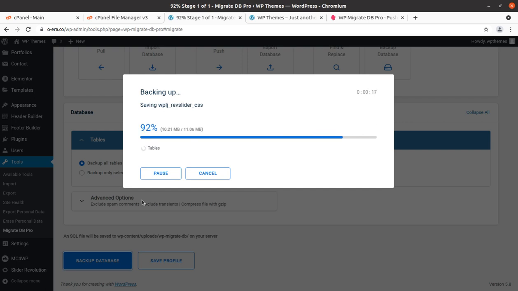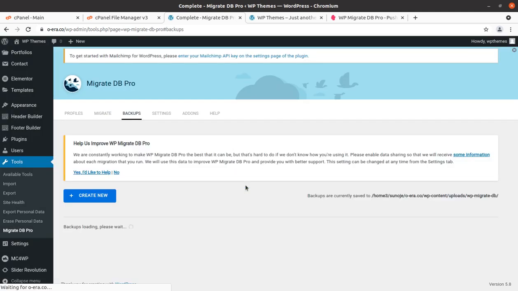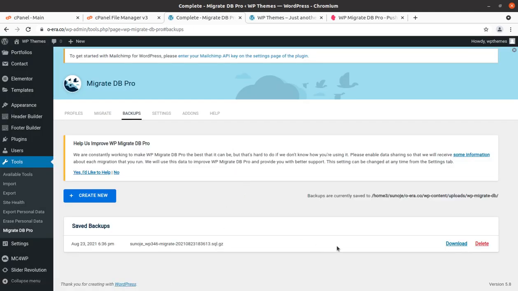So I may have made some mistakes because I am also using this plugin for the very first time, but it will work. As I can see, it has all the features. So this is the objective of this video. How it really works, we need to check it. Okay, so backup process is so fast and it is really working good. And we can check the backup. Yes, so backup is here, and migrate database backup is here.